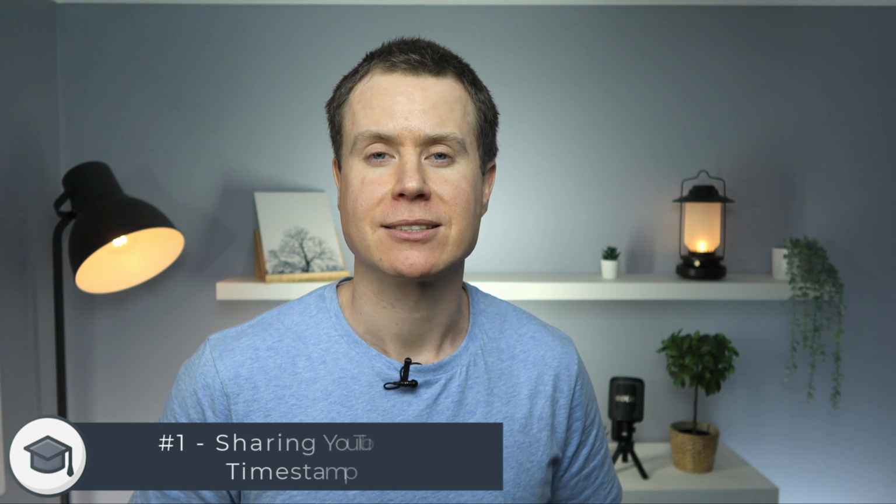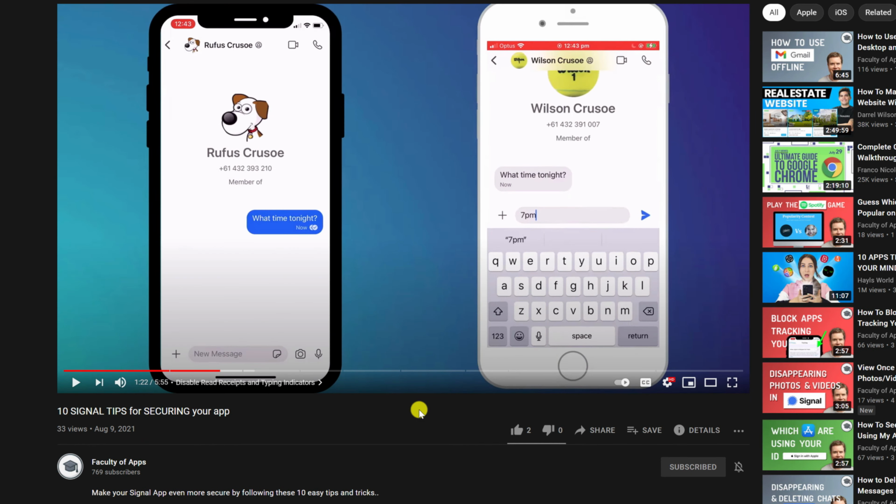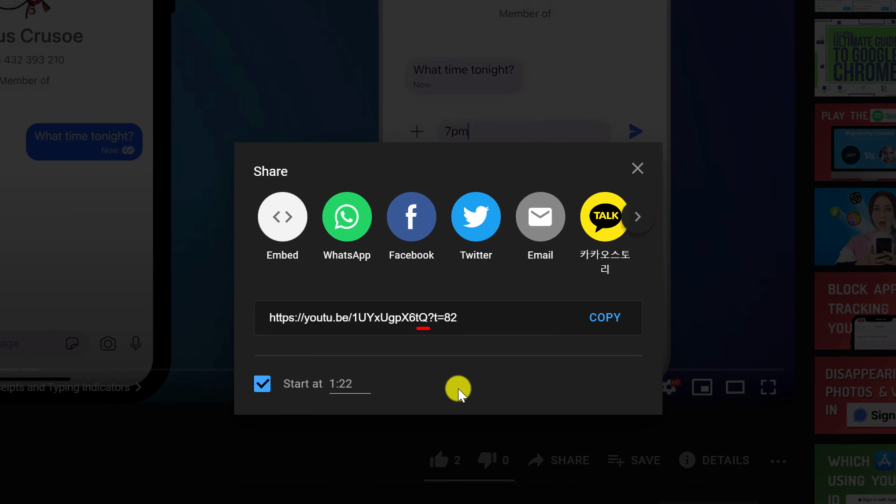First up is sharing videos to play back at a specific point in time. Now we all know that this has been around on desktop for absolutely ages. Simply pause the video where you want to share it, click on the share link and then tick the box. So when your link is clicked, playback will start from where you paused the video. You'll notice that by ticking the box, all you're actually doing is adding a little bit of code to the end of the URL. In this case, it's $T equals 82, where 82 represents the number of seconds into the